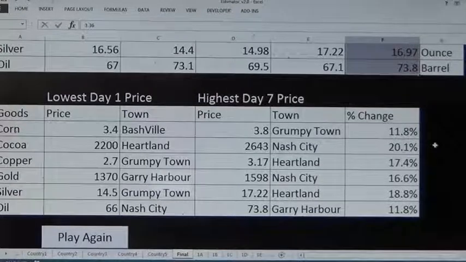Interesting enough, in the other video that I've run for Steemit, or on DTube, it was actually Copper that came out the winner. So you can get different winners using the same distributions. It really depends a bit on luck. As I mentioned, you need to have a bit of luck and a bit of skill to make it a good game, make it a bit interesting so you have different winners each week. But the skill part's important too, because it makes people a bit more committed, I think.